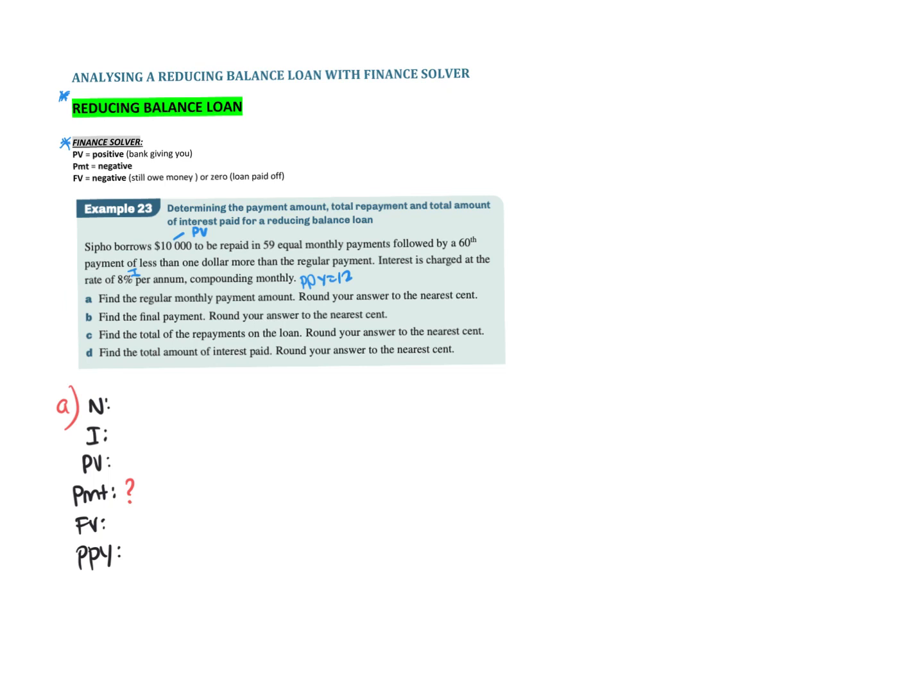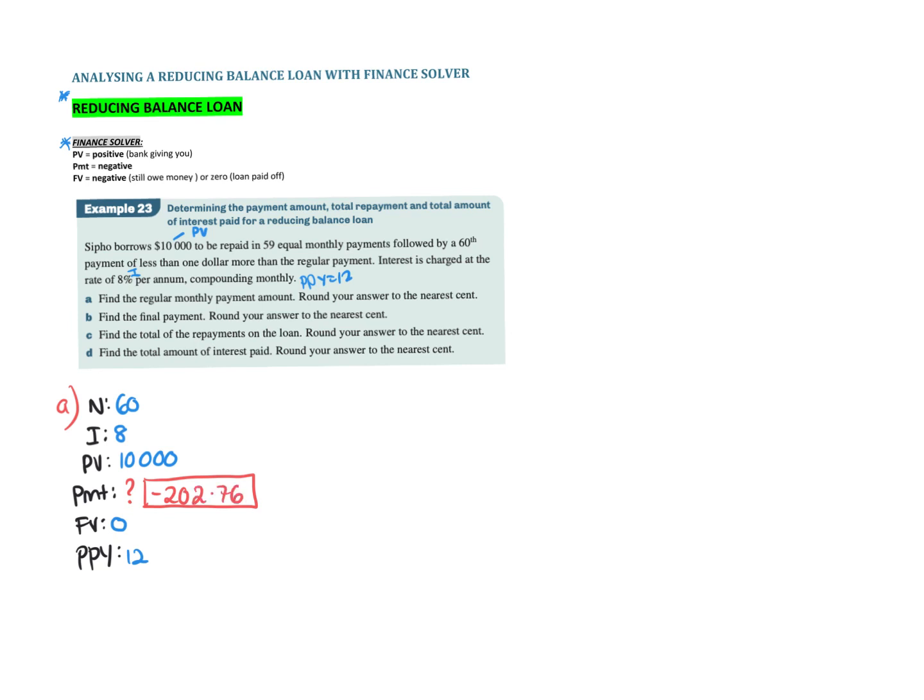When you're finding the regular payment of the whole scenario, what you want to do is put that whole scenario in. So after 60 payments at 8% per annum, after he borrows 10,000, he wants to obviously have this loan paid off. So he wants it to be 0 and PPY is 12. So if he borrows that at 8% per annum, we pop in our enter there, and we see we get